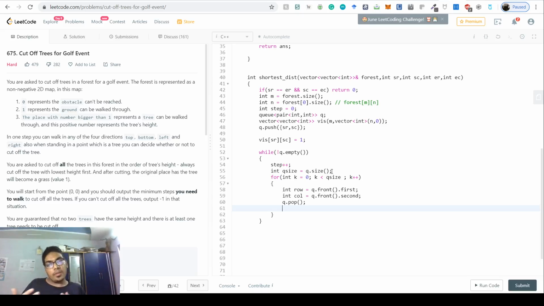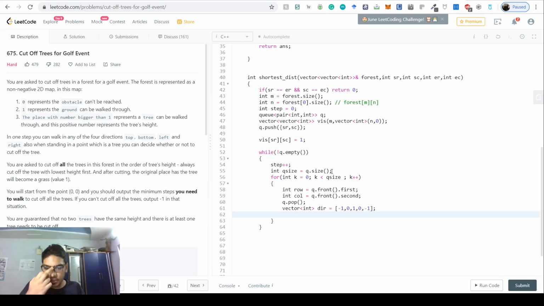Now we want to check all the possibilities of adding rows. We want to go in all the directions. So we have this vector of int direction. There's a neat trick which someone can use, and that trick would be to have 0, 1, 0, -1. You would have to make two different directions for x and y, but what we can do is just augment a -1 here and use it as a cyclic list. I'll show you how. So this is the direction.